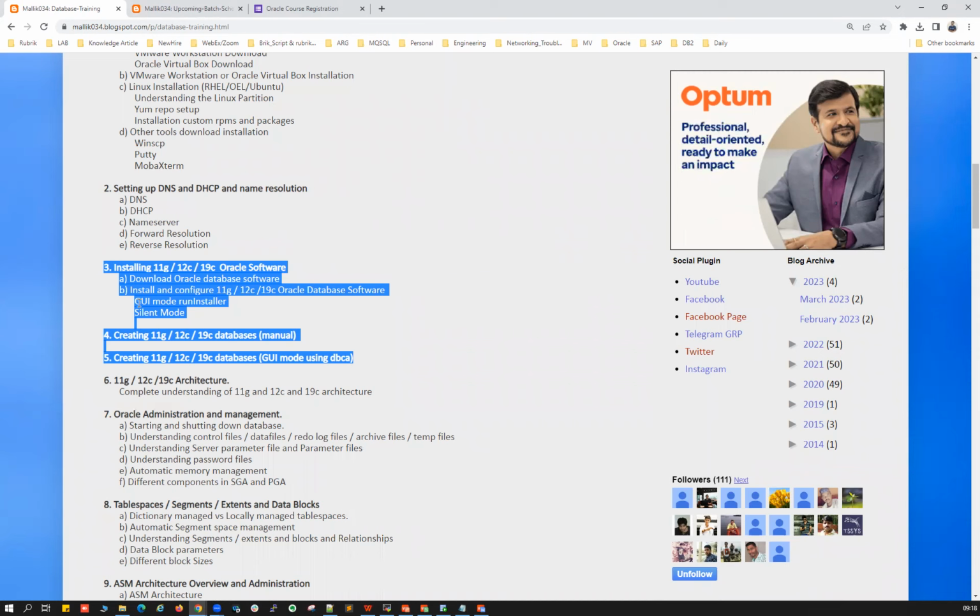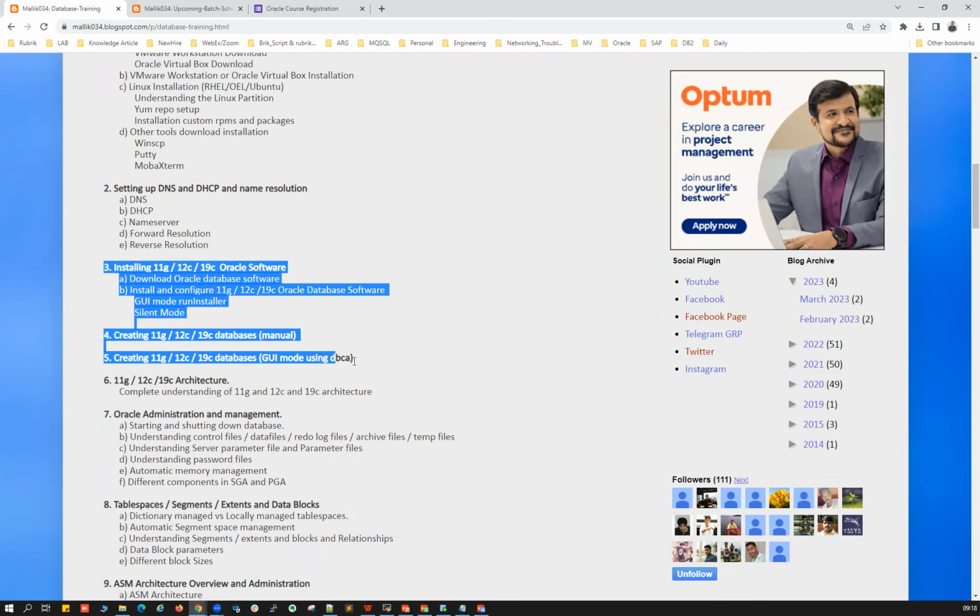If you observe closely, many people say different words, but they are all related to the same thing. Your ASM software, your ASM home, your clusterware home, your GI home, whatever they say, it's all one and the same. If somebody says database home, database software, Oracle home, it's all one and the same. So we'll look closely and then understand them.